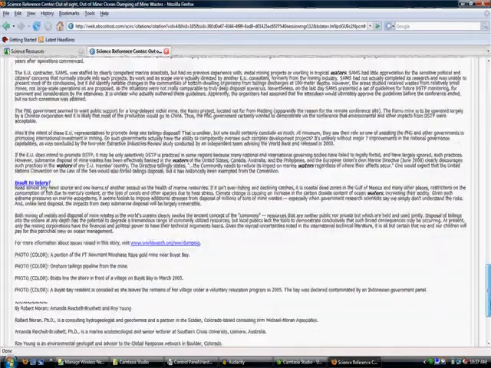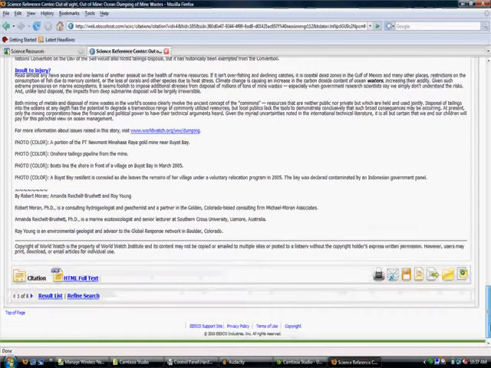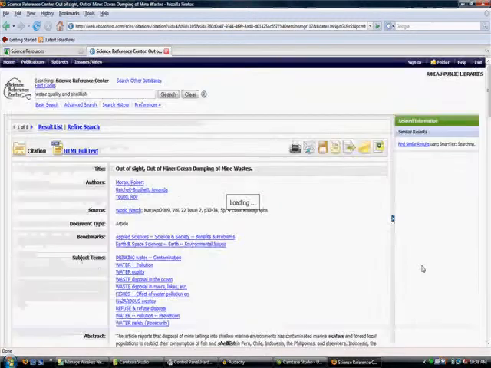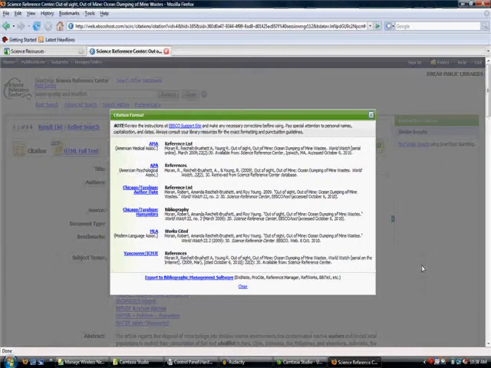And if you decide that this is something that you want to read later, you can print it, you can email it to yourself, you can save a copy to your computer. This is super handy if you think you're going to keep this and you need to turn in all your works cited page in MLA